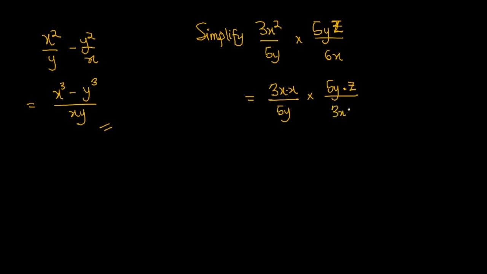as 3x multiplied by 2. That will still give me 6x. So from here I can say that this 3x will cancel the 3x over here, the 5y here will cancel this 5y over here, so I'm left with x on 1 over here multiplied by z on 2 over here. So if I proceed and I multiply everything here, I am going to get xz on 2 as my answer after simplifying this expression. Alright, so let me proceed to give more examples on how to simplify